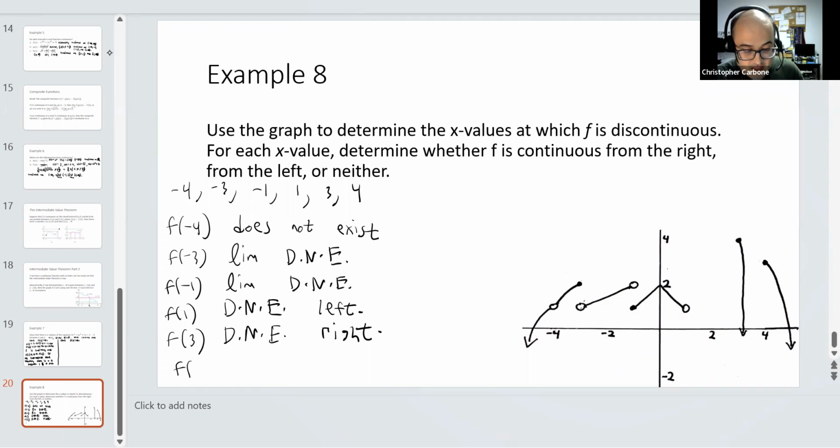And then finally for f of 4, same idea. It only exists on the right-hand side, there's no left-hand side. So this does not exist. Again, only continuous on the right-hand side. So that's the last little bit of section